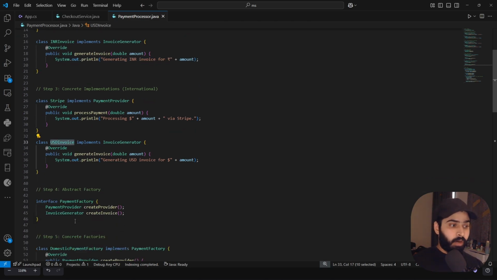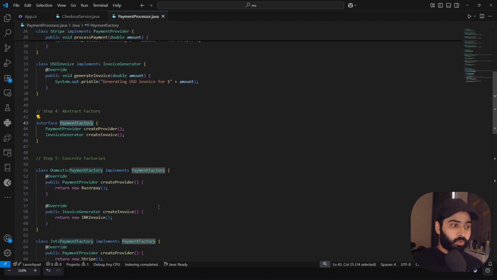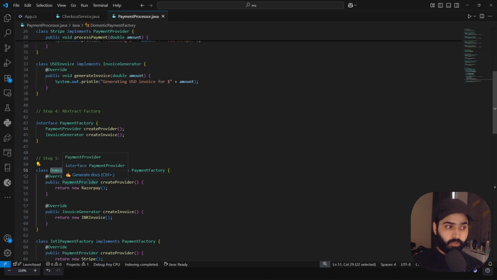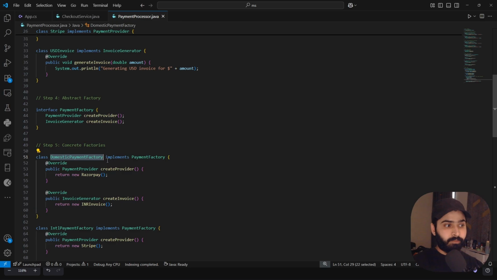Cool. Now, these two interfaces we have implemented, and we have defined their concrete implementations. What about our abstract payment factory? For this payment factory, we have two concrete implementations, since right now we are providing domestic and international transactions. One is my domestic payment factory. It will override two methods: create provider and create invoice generator.